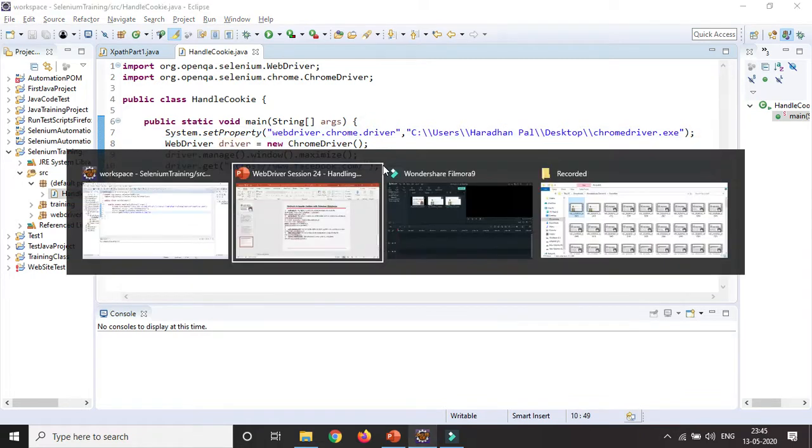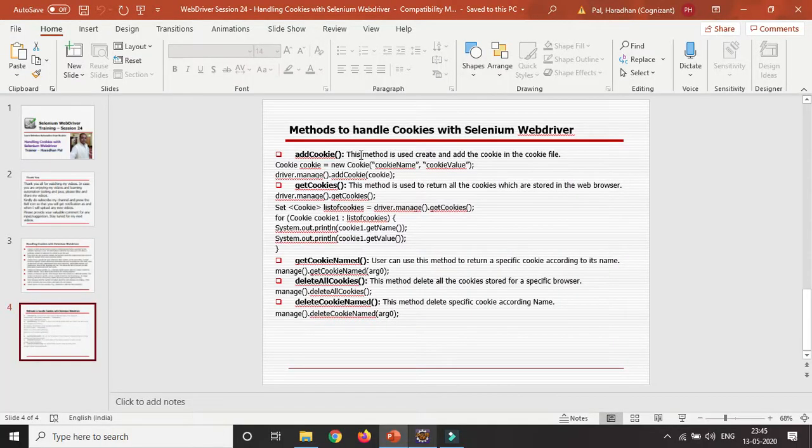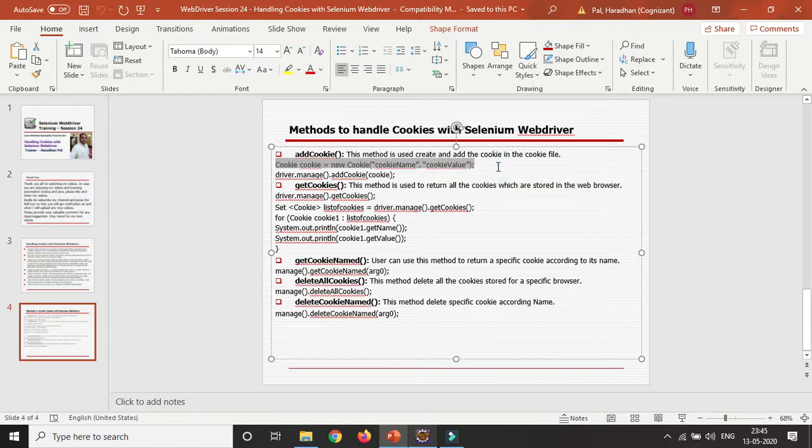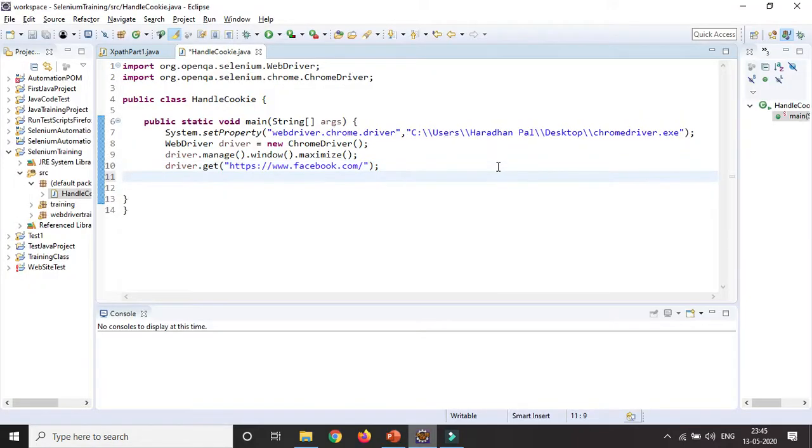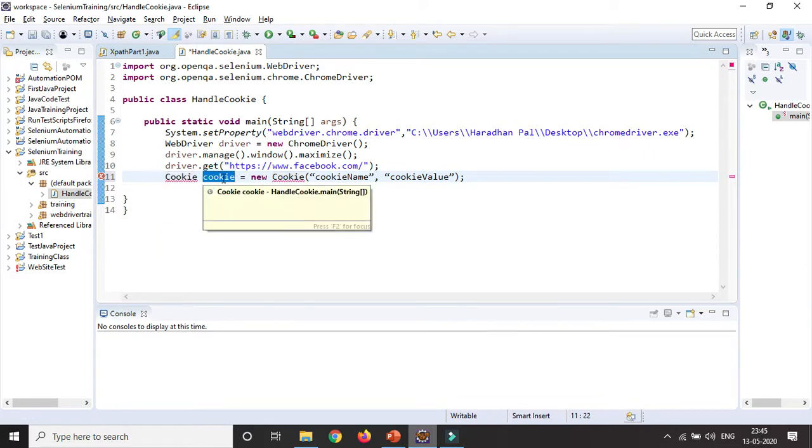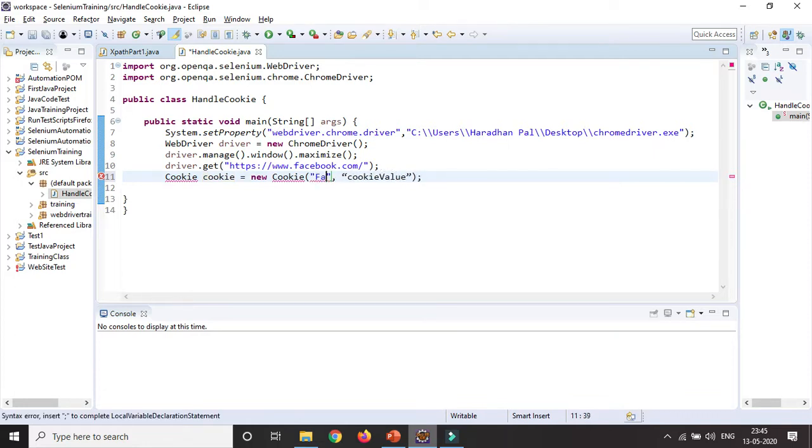So here is how you can add cookies. That is the syntax you need to use. Cookie is a class already available in Selenium WebDriver, and you need to create an object, an instance, of the Cookie class with new Cookie, and here you need to give a name and a cookie value. Suppose you want to go to the Facebook site; I am giving the name as Facebook.